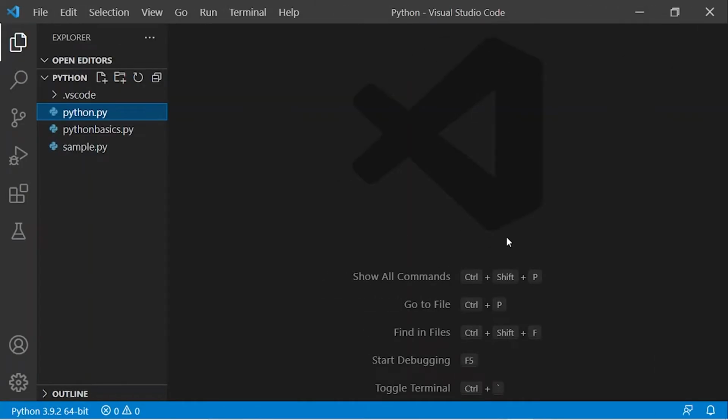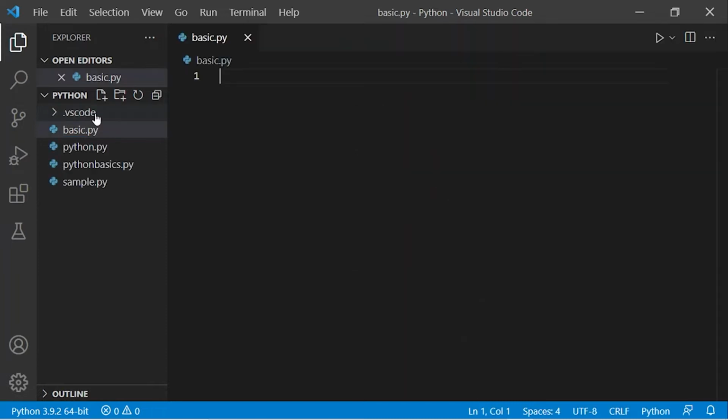Once you open VS Code, to make a new file, we'll click here on the new file, and you can give any name of your choice. I'm giving it as basics with .py extension, and click enter. So now our Python file is ready.